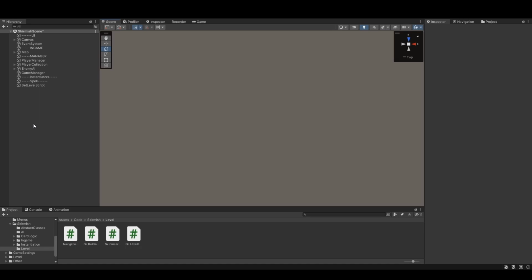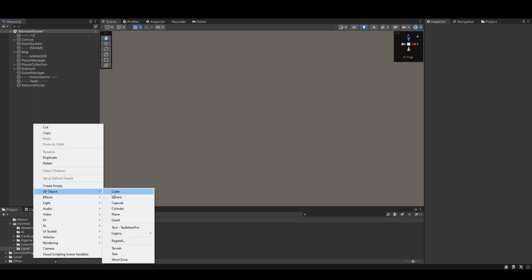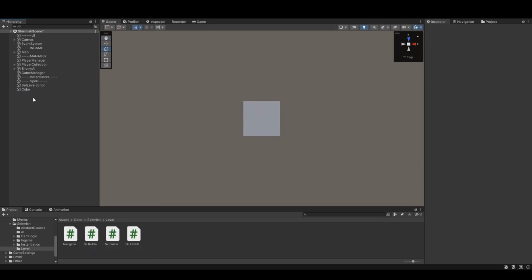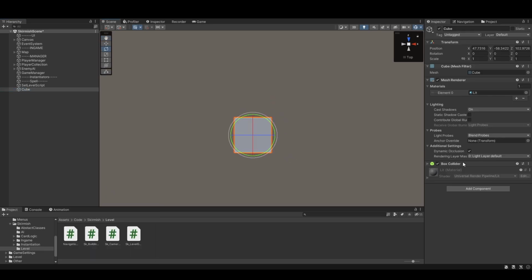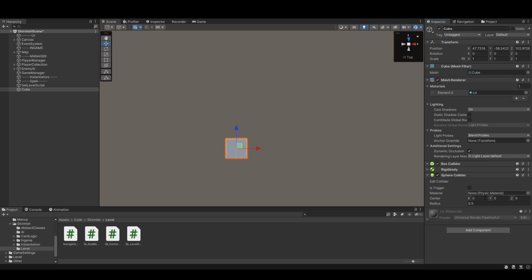So I will start by explaining the old combat system as far as I remember. Basically I had of course a box collider and also a rigid body. Wait, I will add it. And box collider is trigger on. And now if I do the method Physics.OverlapSphere with a radius, let's just for visualization add a sphere collider and